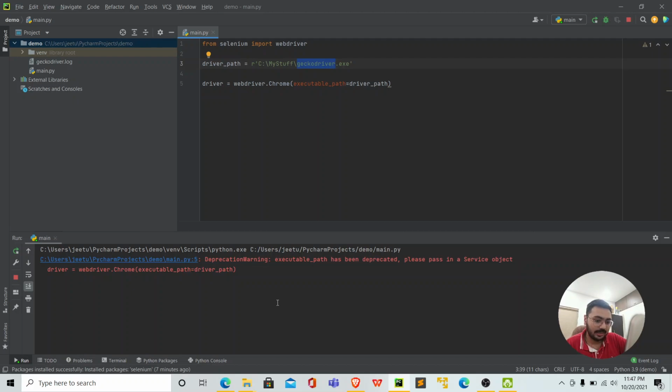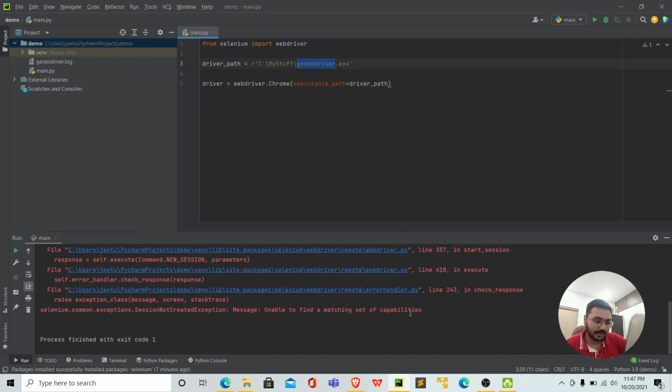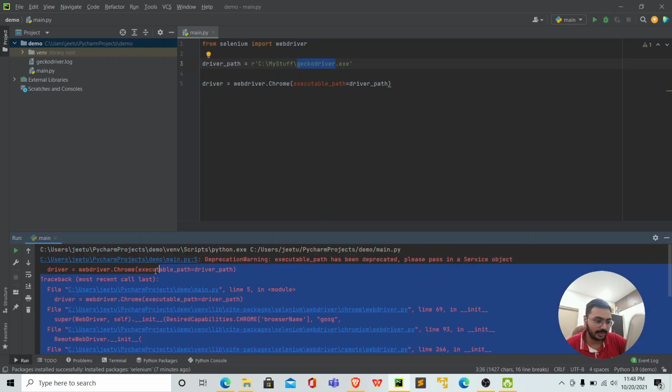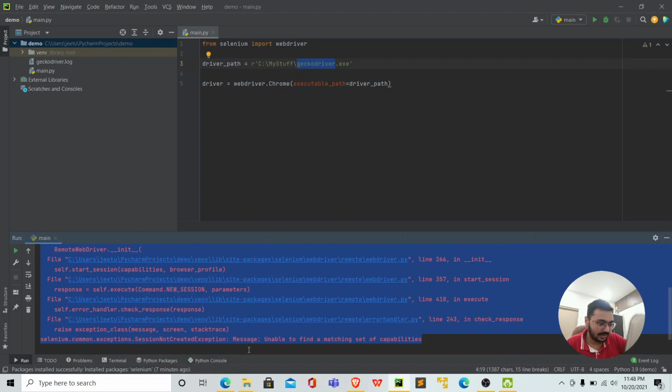There will hopefully be some error provided in here, and it will say that something is not matching and it is not providing the perfect driver. So we got some errors and exceptions over here, which was expected.